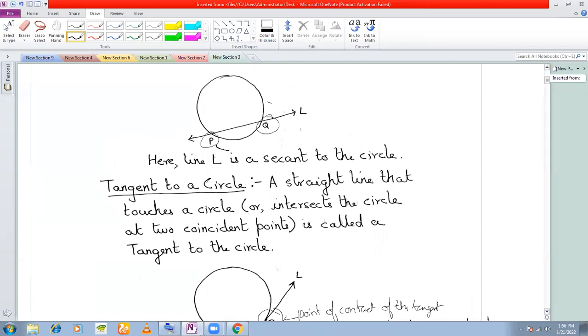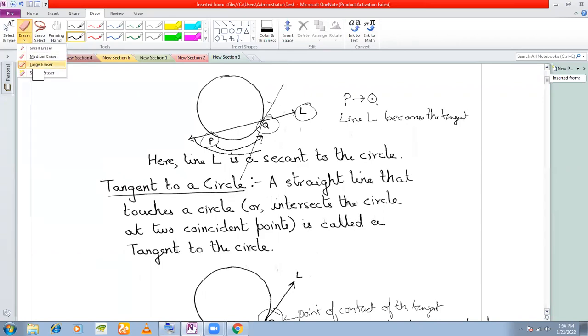See, if this point P starts moving towards Q, or you can also say Q moving towards P, then what will happen? This line will also start bending, right? If P starts moving towards Q, this line will also start bending until the line becomes something like this here, right? So now this secant becomes a tangent. So as P moves towards Q, the line L, or you can say secant L, becomes the tangent. Okay. But if you don't want to remember this way, it's okay, but just know that